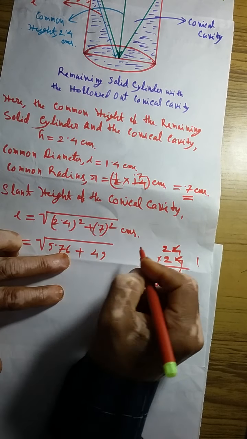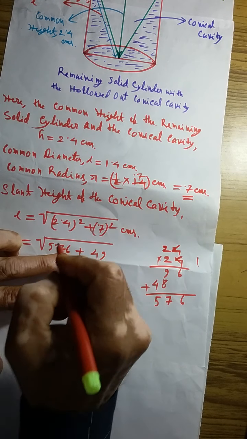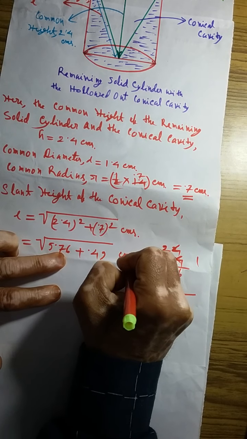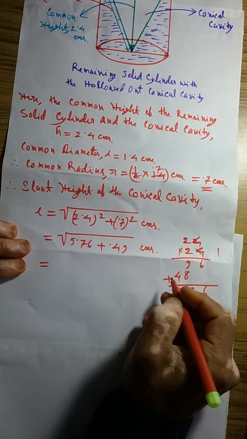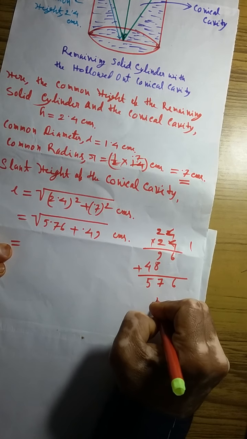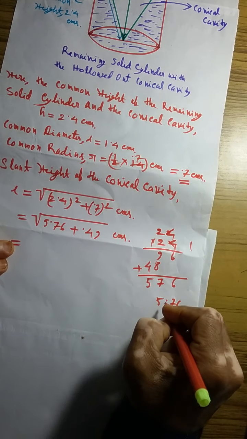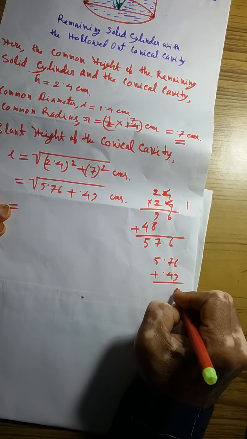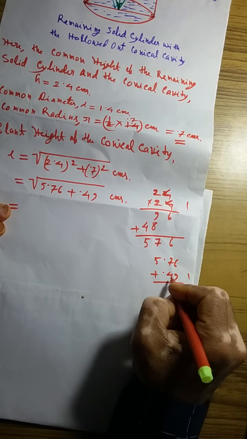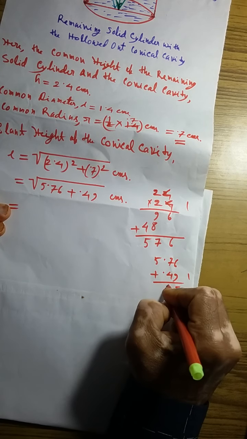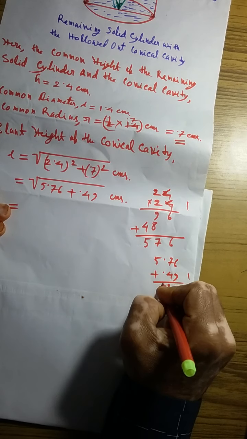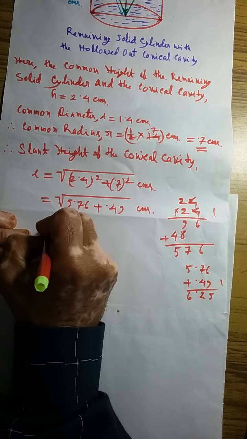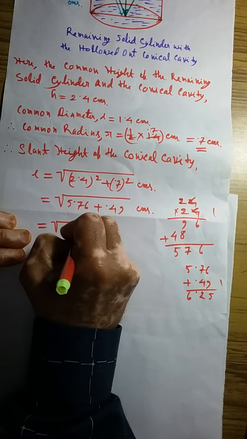49. If we have 2 decimal points, then the decimal point will be placed here, centimeters, which is again equal to, if we add 5.76 and 0.49, we will get 15 here, 11 plus 1 12, point here, 5 plus 1 6, 6.25, square root of 6.25